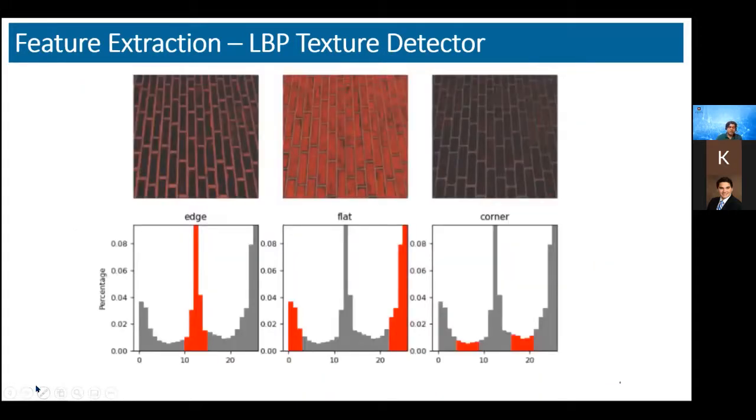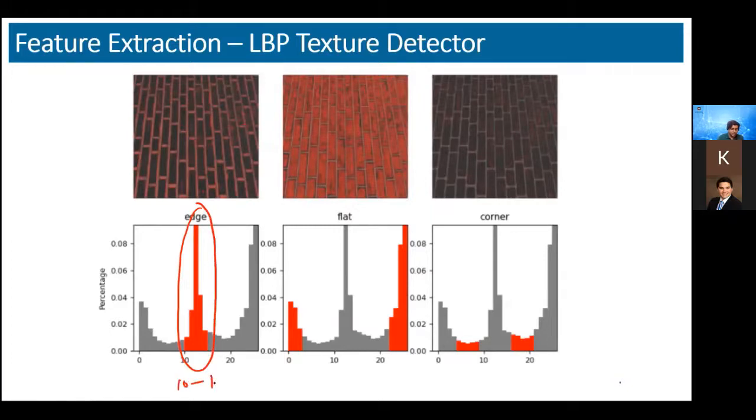Now, let's say you have an image of a pavement. So this is a pavement on which you walk. So when you apply LBP on this particular pavement, each pixel will get some value as you're applying LBP. And what you'll find, or what has been shown, is wherever there are edges, those pixels will have a value